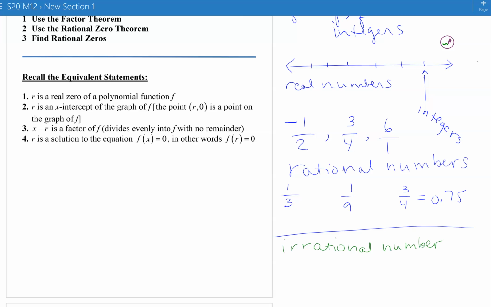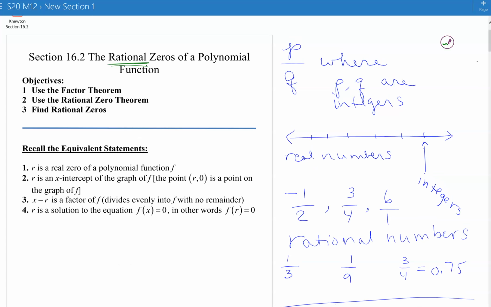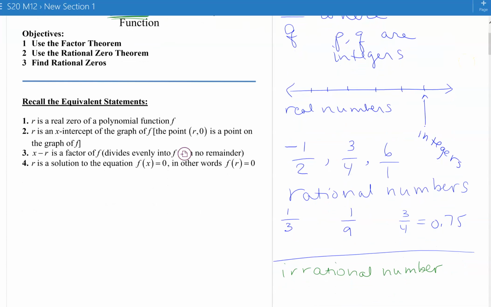So I want to make sure we know what we're talking about here, where we're talking about rational zeros. So we're not talking about something like 3/4 plus or minus the square root of 17 over 4, because this is irrational. And you already know how to find zeros like this using the quadratic formula. So we're talking about rational zeros only in this entire section. So we're going to learn the factor theorem, the rational zero theorem,